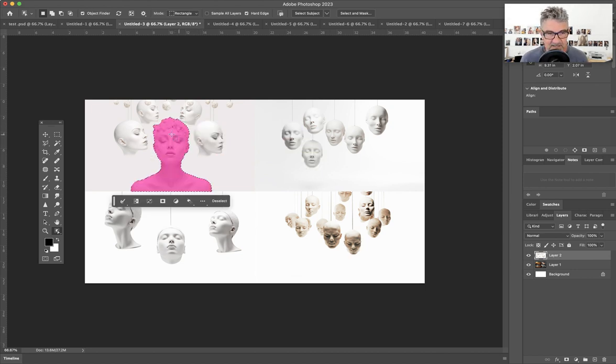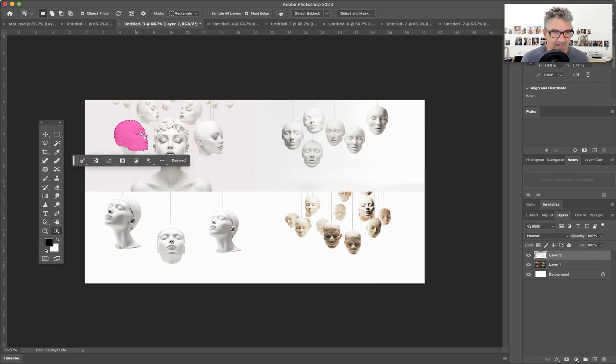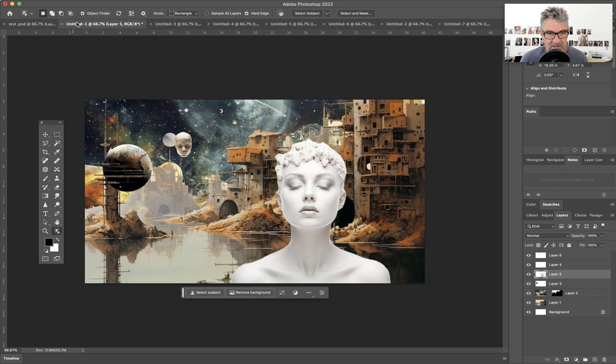If I want that face, if I want this face, that face, you can use the lasso to fill in some of these things. I'm going to copy that. I'm going to bring it over. Let's say I want to throw it in here. And there it is. So you can go over to your move tool and you can move it around